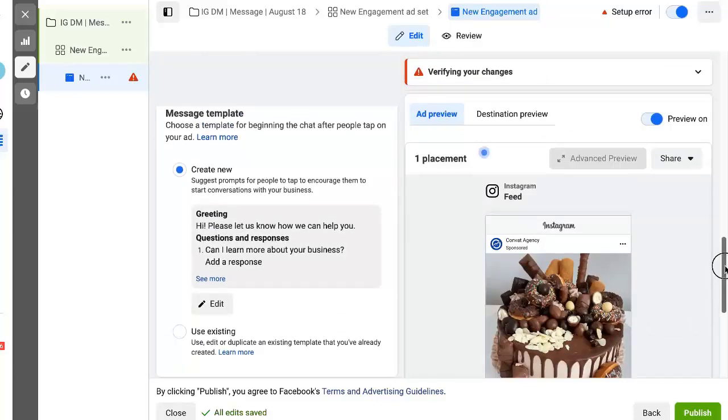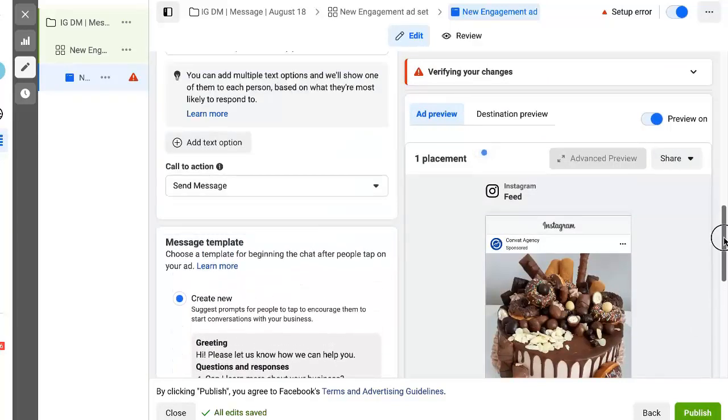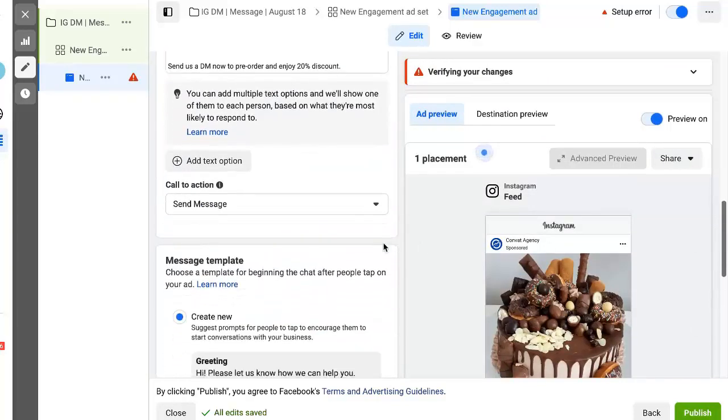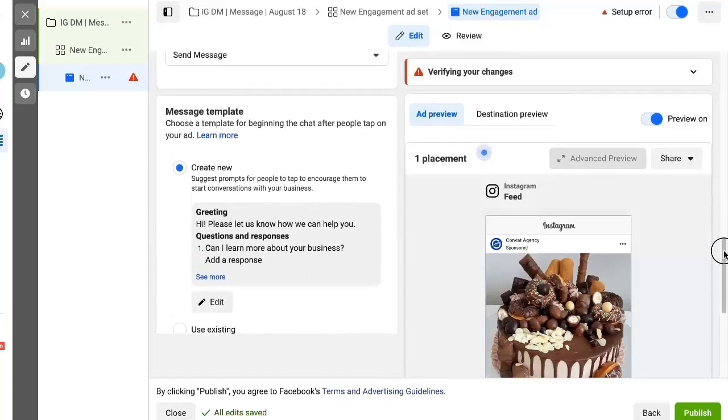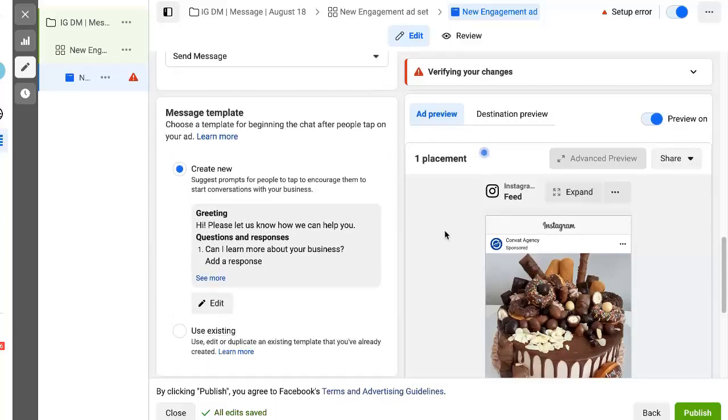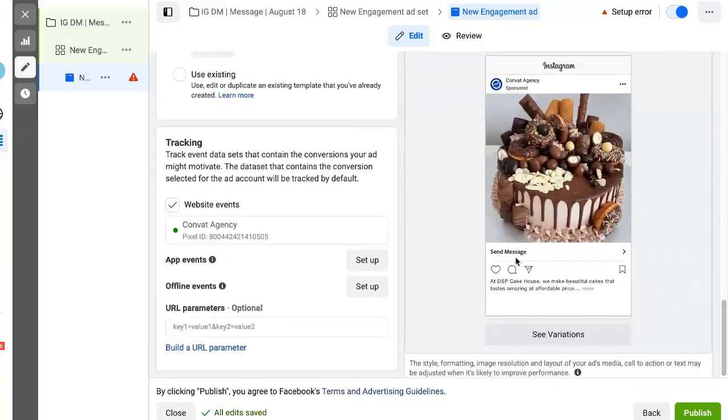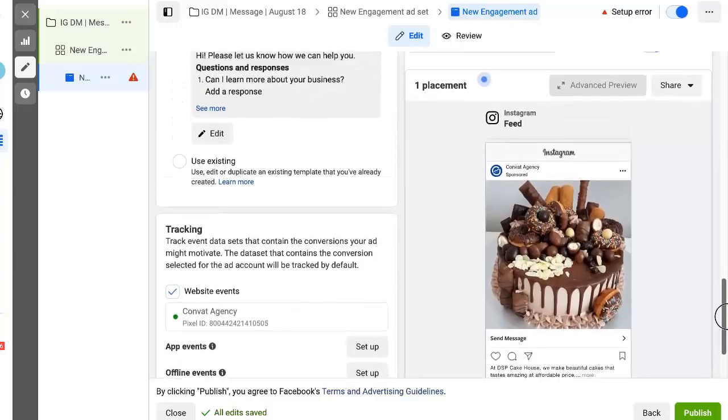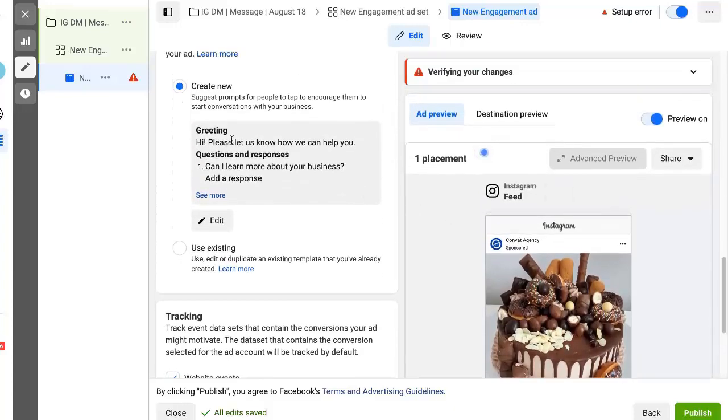So that's it guys. Now once you have written your copy, you want to select your call to action button. So I can just leave it as send message, which is okay. Then the message template. So what happens after someone sees your advert, right, and they click on this send message button, what happens? So you can have some